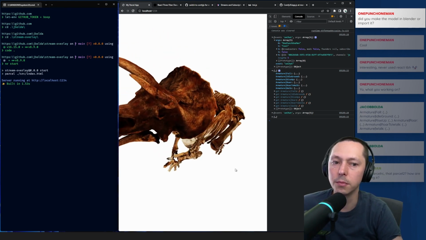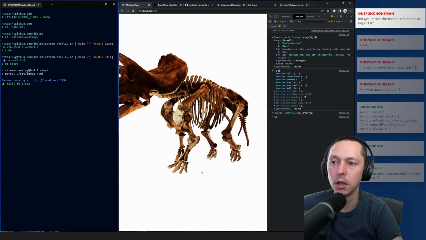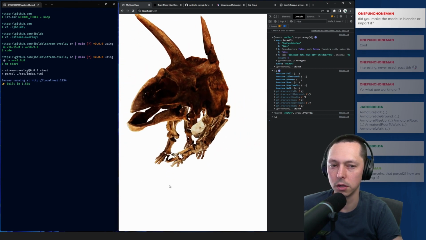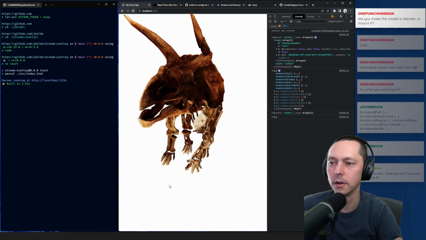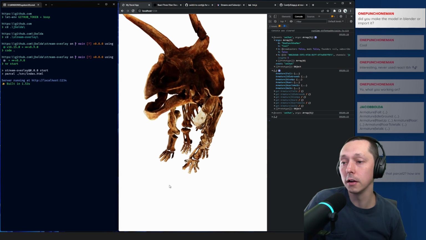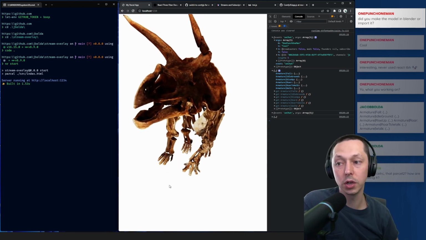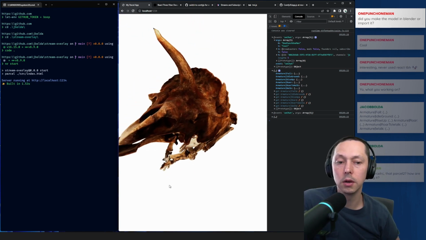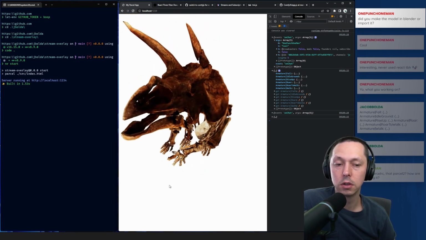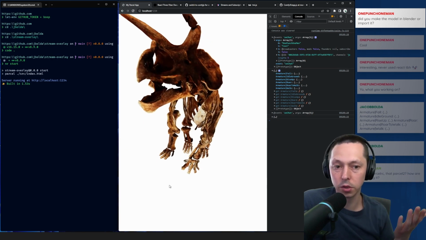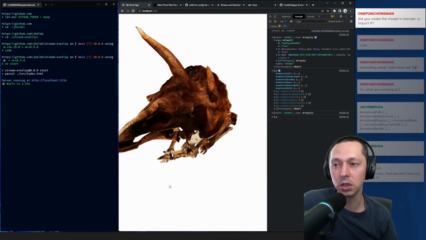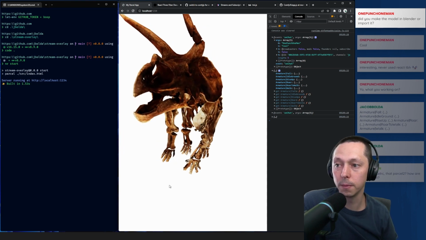Did I make the model in Blender or import it? I imported it. Let me clarify that. There are a handful of websites out there where you can actually download models. And there are multiple file formats that models come in. This is specifically GLTF, which is a newer file format.